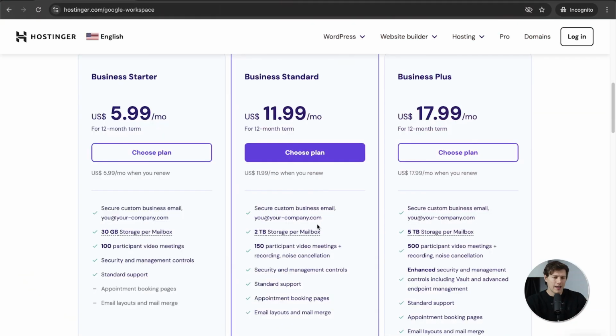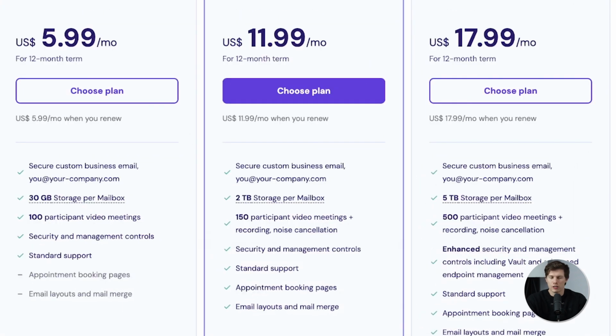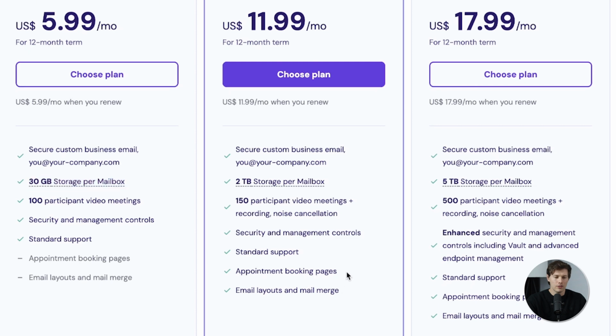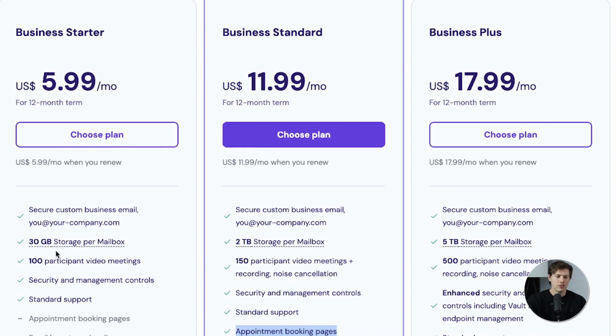So there are 3 plan options. For most beginners, I think business starter is going to be fine. The main differences are going to be the storage you get, the participants in a video meeting. If you're like a company of 125, then yeah, it makes sense to go up to the next plan up. And of course, you will have the ability to have appointment booking pages. Really, for me, the storage is the main difference between these. But as this tutorial, I'm just going to go with the cheapest one, $6 per month,